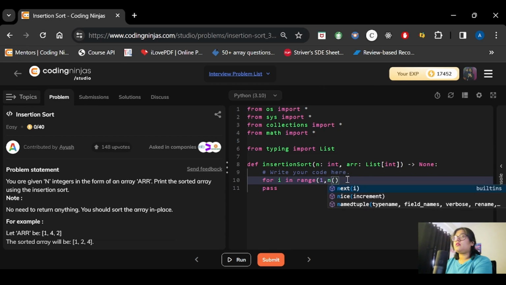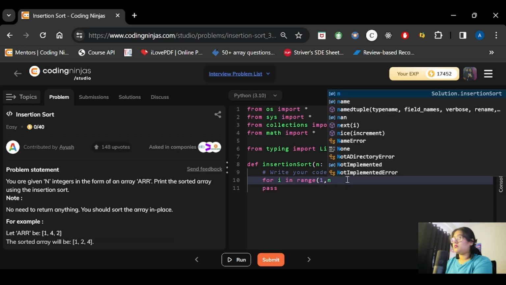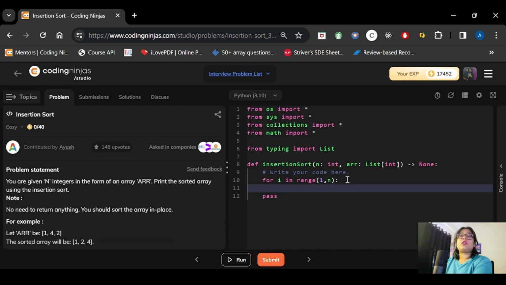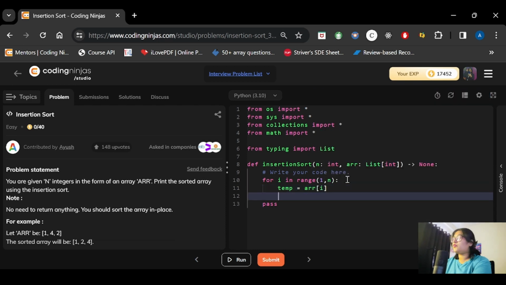Now we have n. After this, what our target is, we will be storing the temporary variable. So this temporary will be storing arr at ith index. Now we were having j also, which was getting initialized by i minus 1, right? So now we have that.